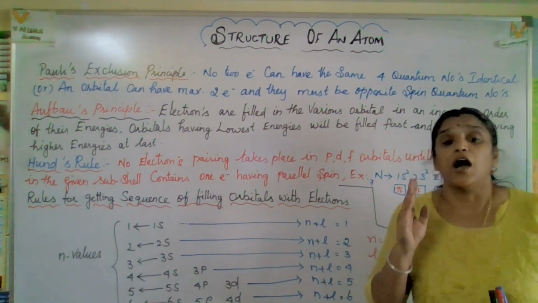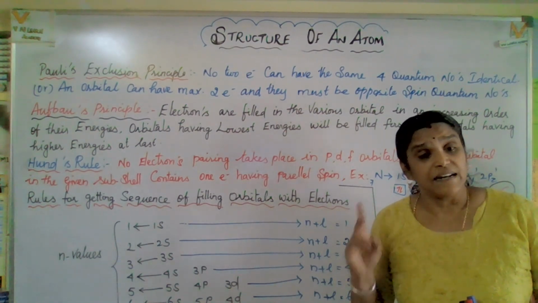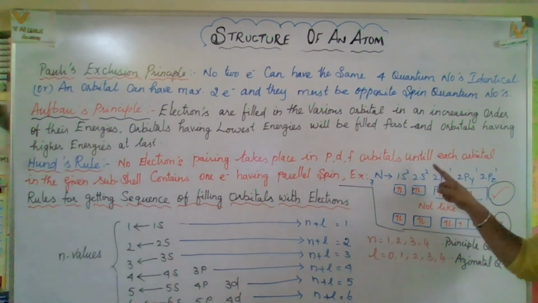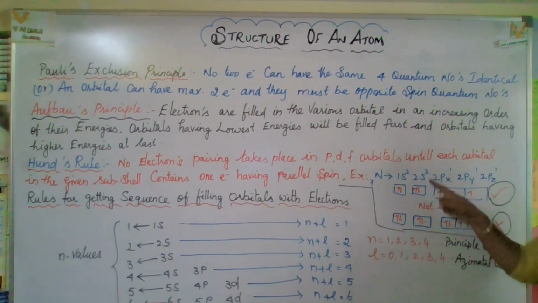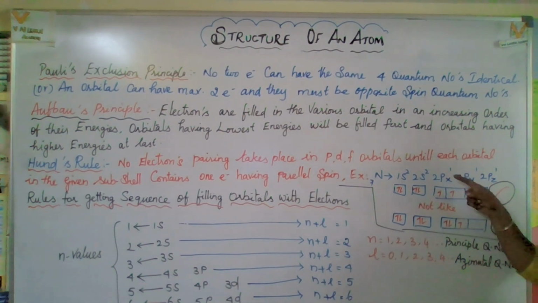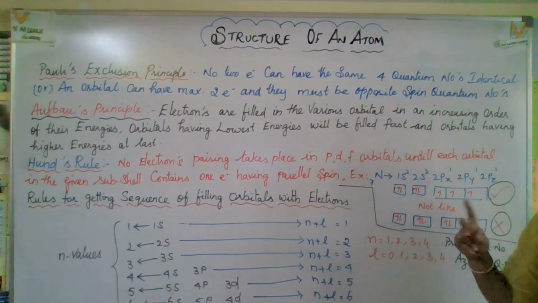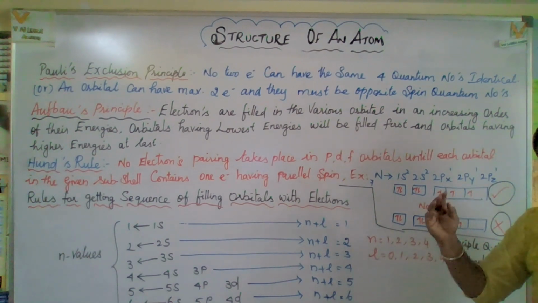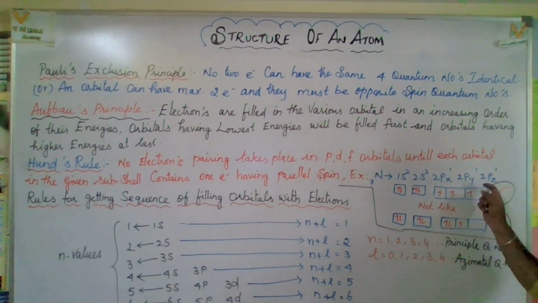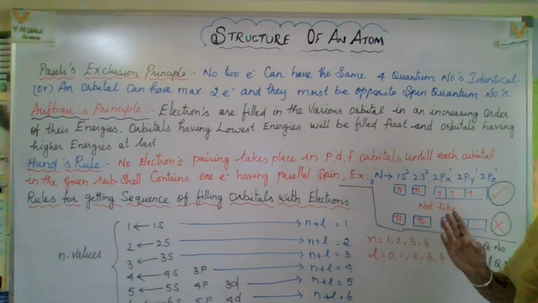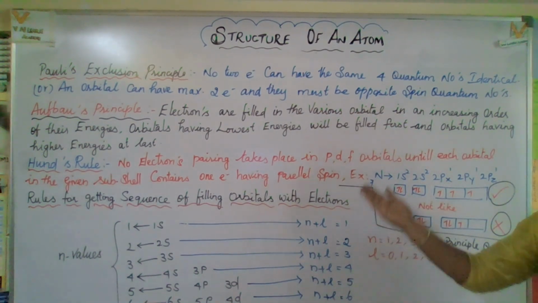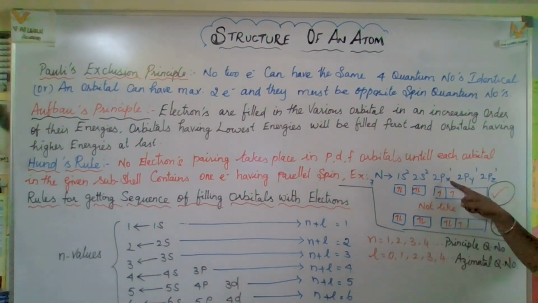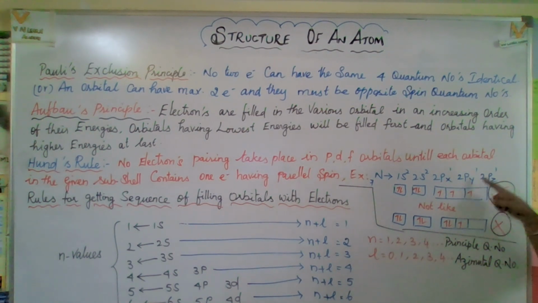Now, for example, atomic number 7, which is nitrogen. So atomic number 7: 1s2, 2s2, 2p3. The 1s2 s orbital is filled, and 2s2 is also filled. 2p3 has three compartments, x, y, z. In x, y, z, paired orbitals can fill, but it has to fill single electrons first. Then if there are extra electrons, it will go and fill the doublet. So here 2px1, 2py1, 2pz1.